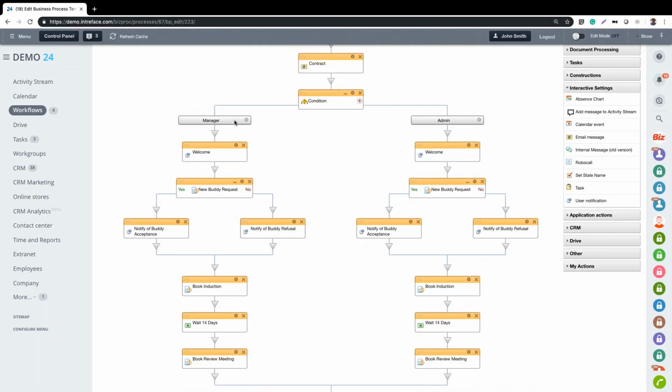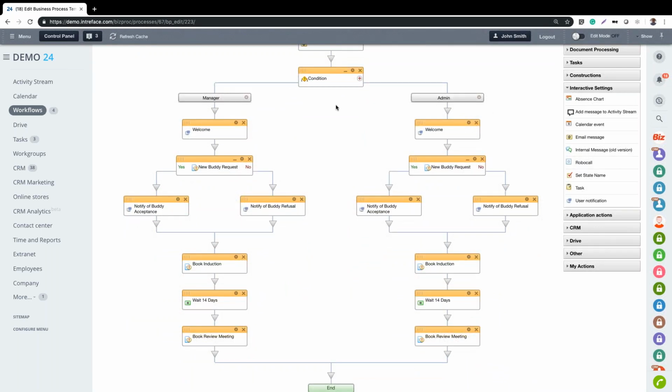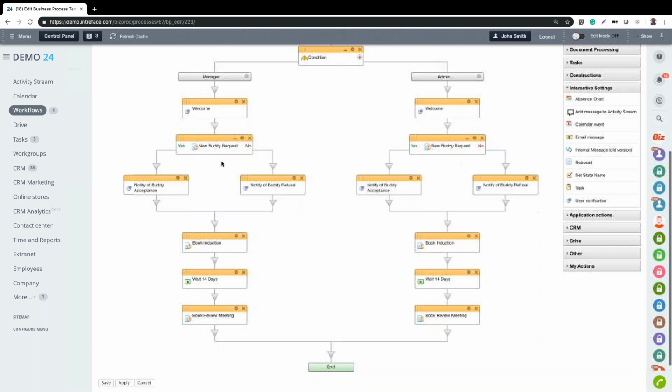And then we have a drop down where we selected whether they were a manager or an admin person. This condition here then sends the process down one of these two routes. If they're a manager, they're going to receive a welcome system notification. We're going to send this request, as we saw, to somebody to be their buddy,